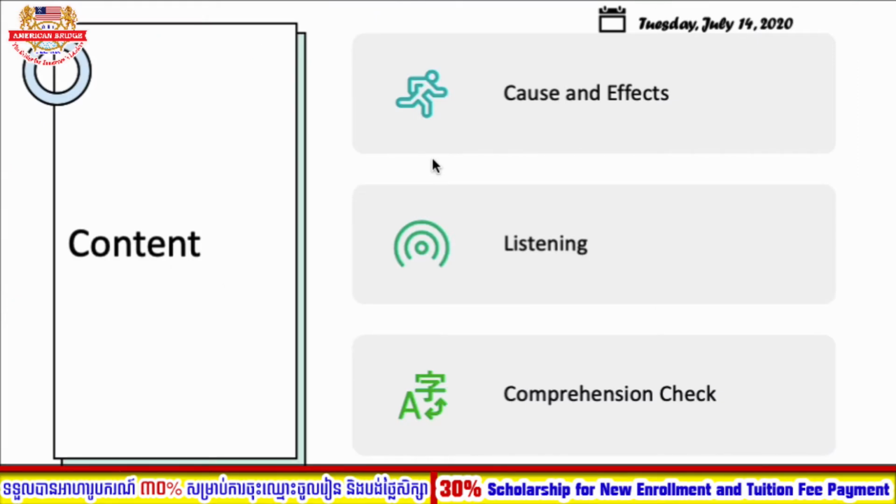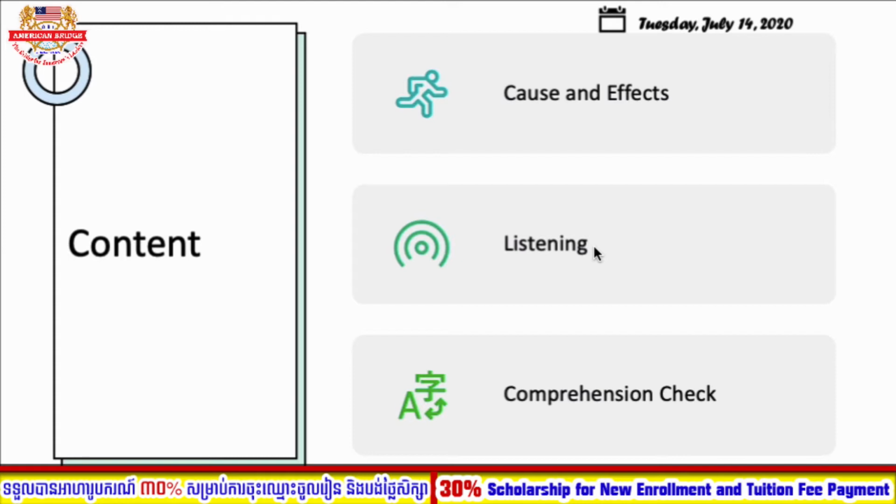First of all, we will look at the general idea of the main speaking form of the lesson, which is cause and effect. And the second one, you are going to listen to the conversations. That conversation you have already listened to in the previous class, but today you are going to listen for specific information because we have already learned some of the difficult words. So listening to this conversation is very easy.